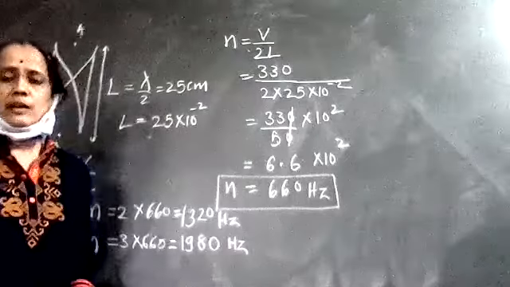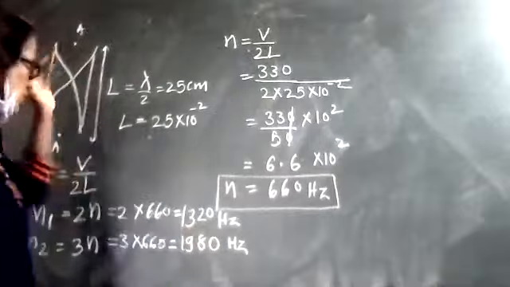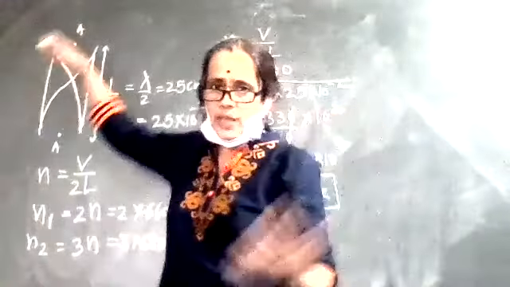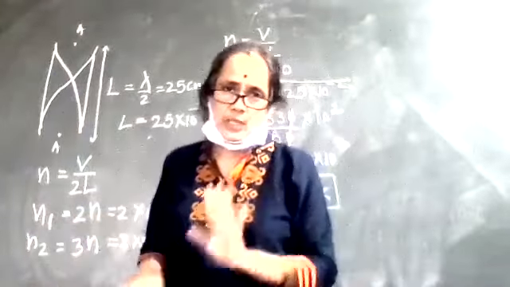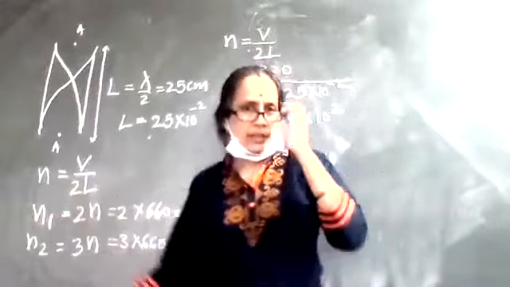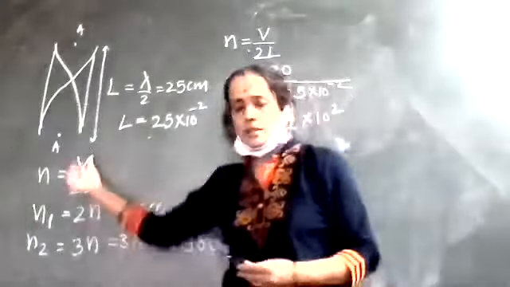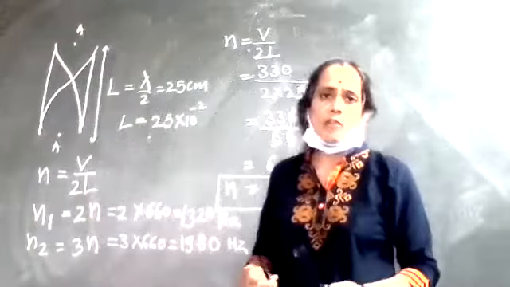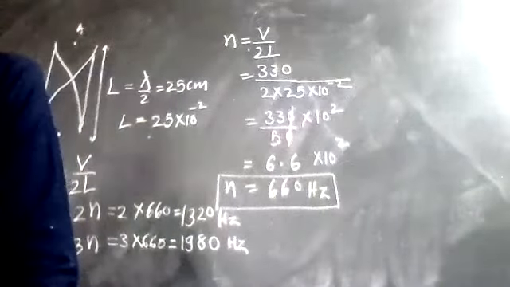In that manner, I can find the overtone frequencies. So see here, in this problem, what concept have we used? When the pipe is open at both the ends, antinodes will be formed at both open ends. The distance between consecutive antinodes is lambda by 2, and then I can write the fundamental frequency. And we know that when the pipe is open at both the ends, the air column vibrates with all integral multiples of the fundamental frequency. Clear?